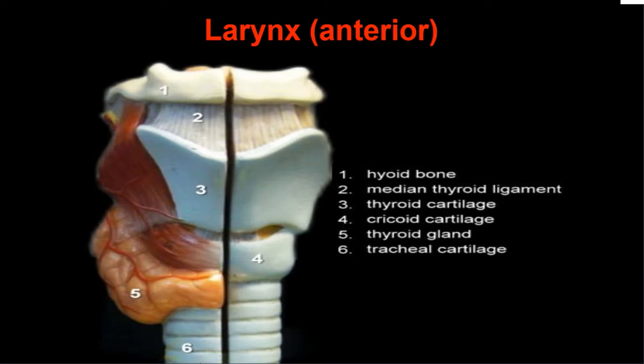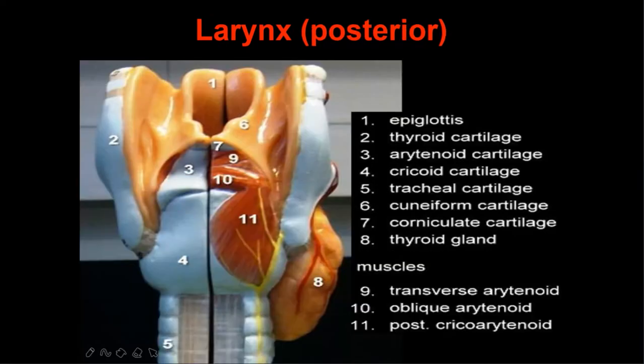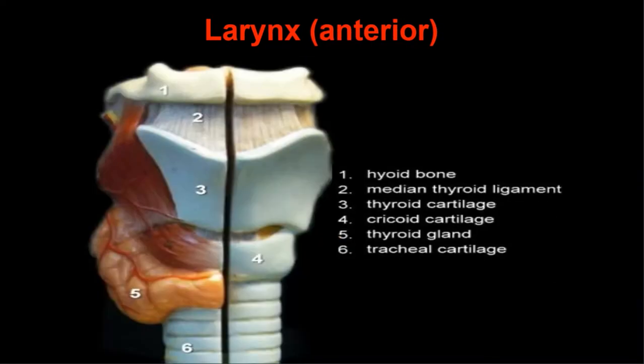So the larynx is situated anterior to the hypopharynx, at the level of the C3 to C6 vertebra. That is the extension of the larynx, cervical vertebra C3 to C6, just opposite to the hypopharynx. The pharynx is divided into three parts: nasopharynx, oropharynx, and hypopharynx. The part of the pharynx on either side of the larynx is the hypopharynx or laryngopharynx.